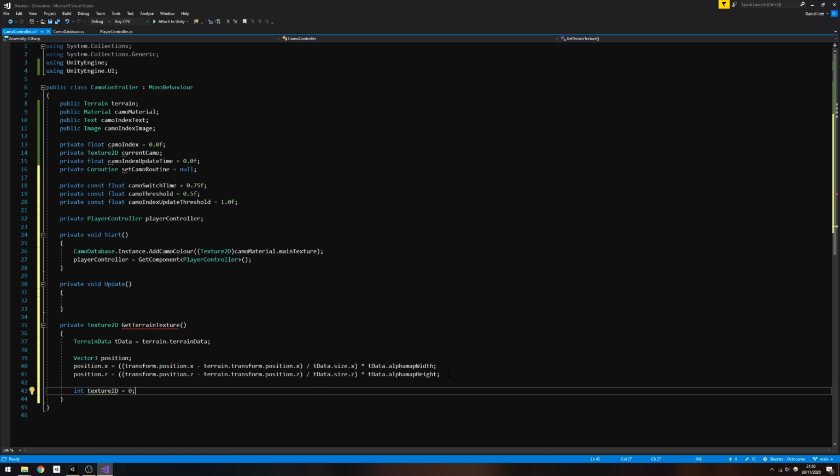Then we're going to initialize a texture ID as 0. And this is going to store, basically we're going to loop through every texture attached to the terrain and store what is the most prevalent texture so far. So by default, we'll just make it 0. Now we are going to need to get